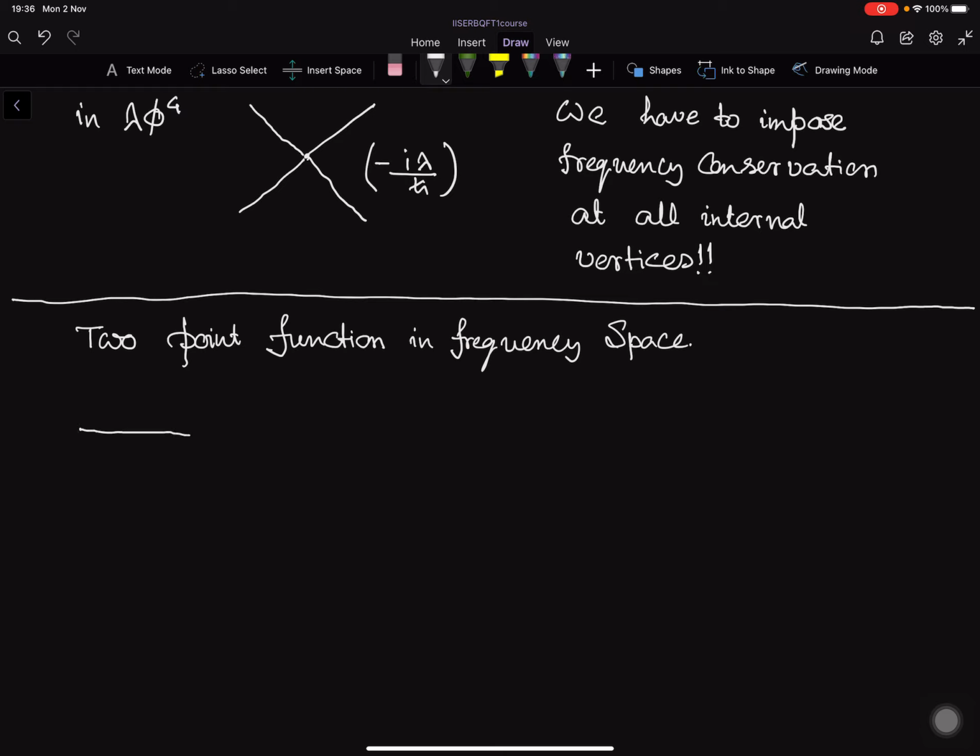So the first contribution is of course this one, which is the contribution of free theory. Then since this is 2-point function, we can have